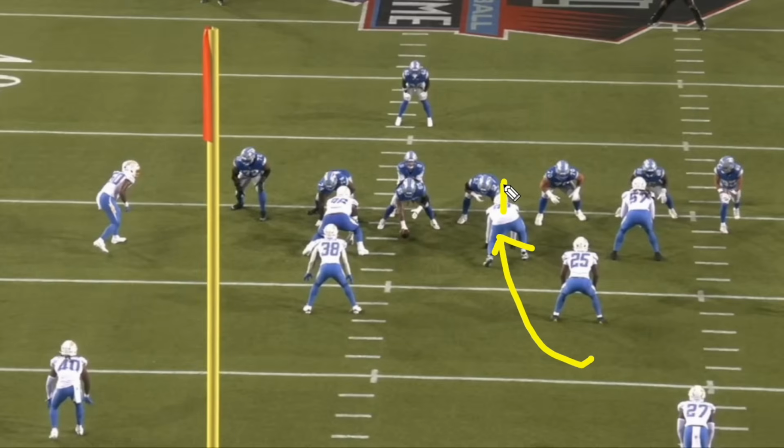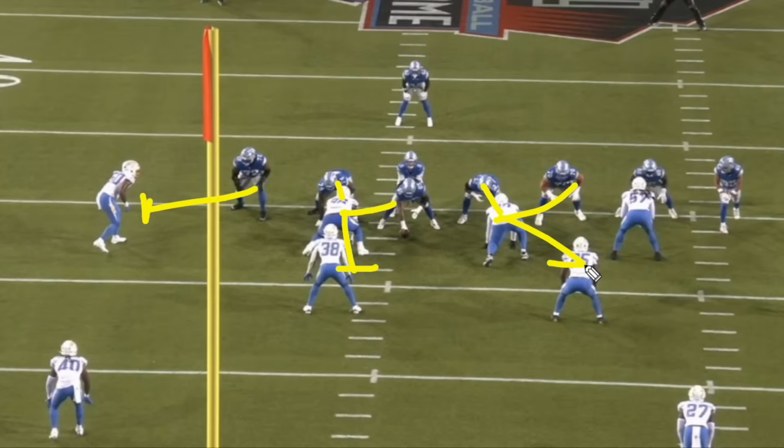He's lined up in a true three technique on the outside shoulder of the guard. This is going to be a gap scheme up front from the Lions. They're going to have the tackle work out. We're going to get double teams right here, working up to the linebacker, just like this. Running back working inside, trying to find a place to run, cut this way, cut that way, wherever he can